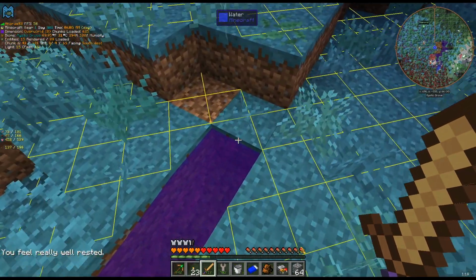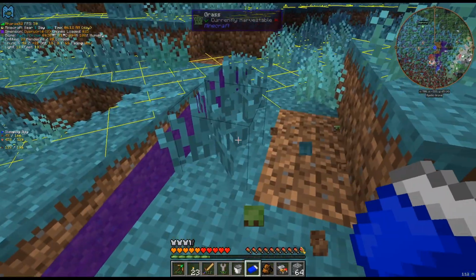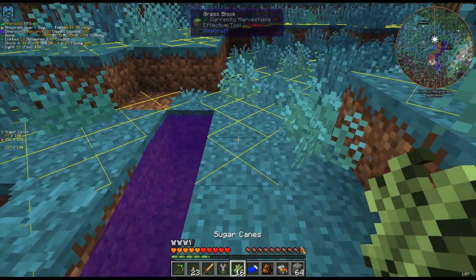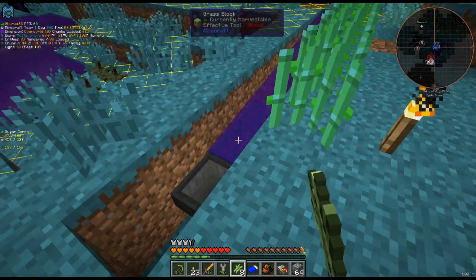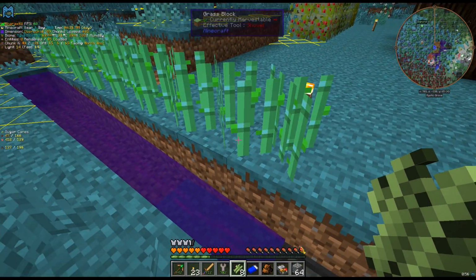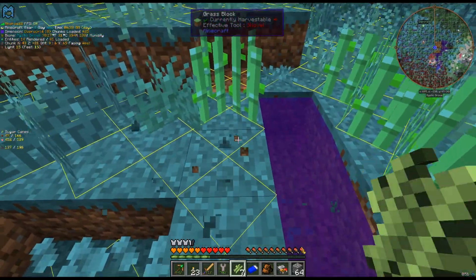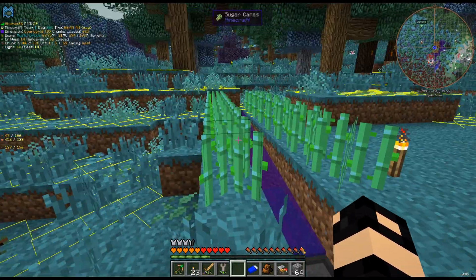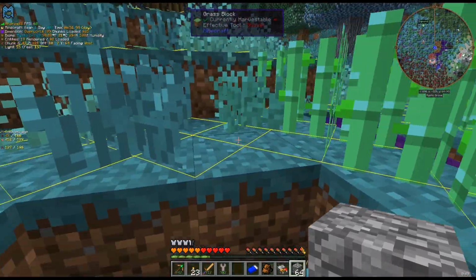Those are harder to mimic than the villagers, I think. Alright, so we'll just do... Also, the nice thing about these is... Oh, shoot. Did I do... Oh, I did 8. You can place these next to each other, whereas a cactus you can't. Alright, so I guess we'll just do...